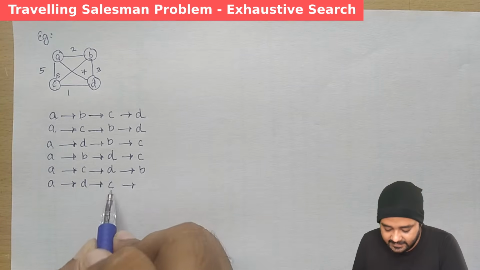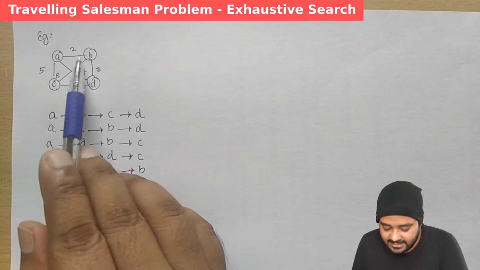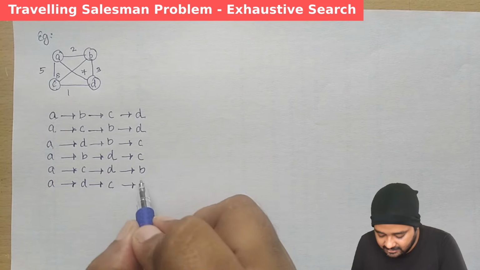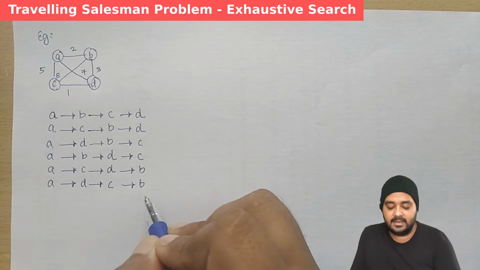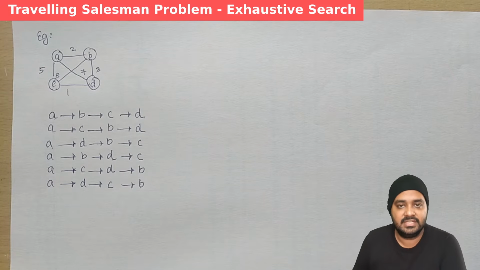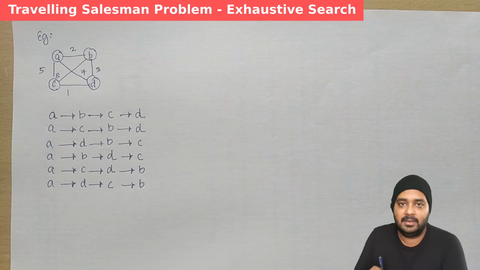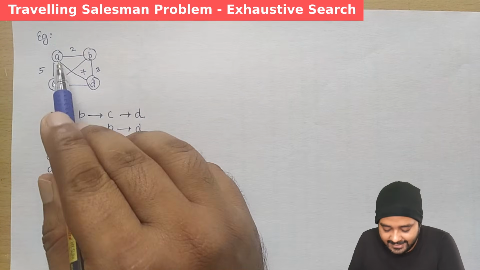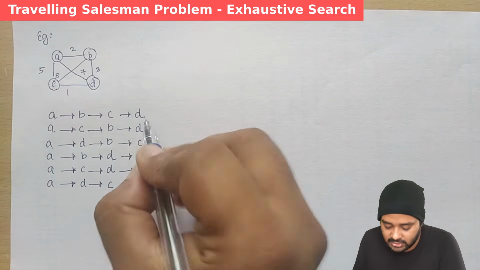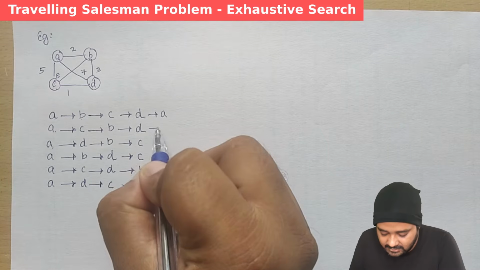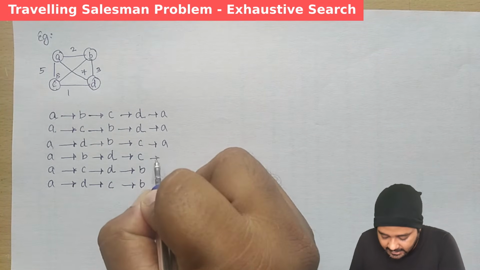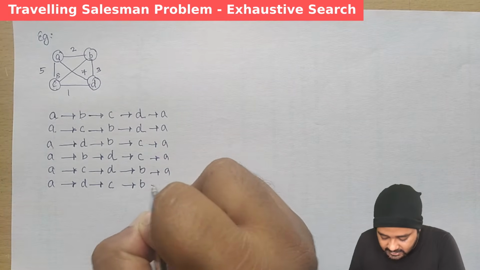Similarly, if you take a look at C, we have A, B and D, right? A and D are already marked, so we just have to mark B. Here, according to our Hamiltonian circuit, we have to get back to A. So we are just looking at the path. A has connections to all the nodes, so we just mark A. From D to A, then C to A, and then B to A. So we have marked it.